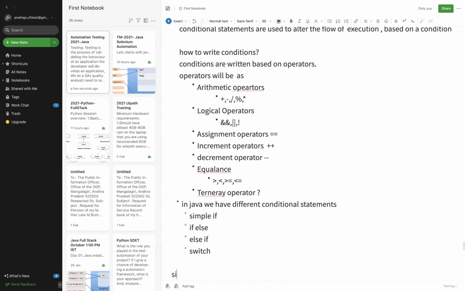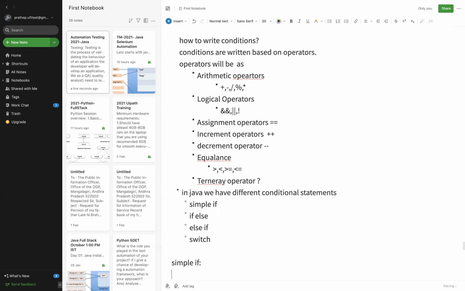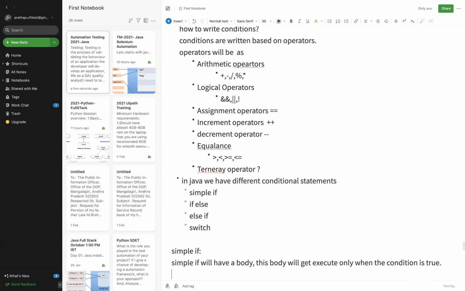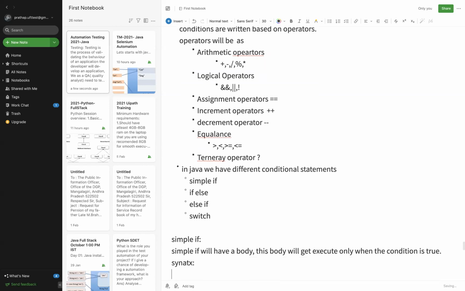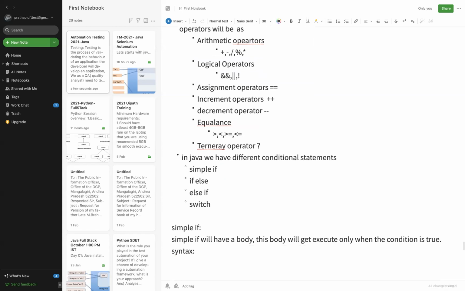So now let us understand your simple if. Simple if will have a body. So this body will get executed only when the condition is true. Only when the condition is true. The syntax is going to look like: if some condition,